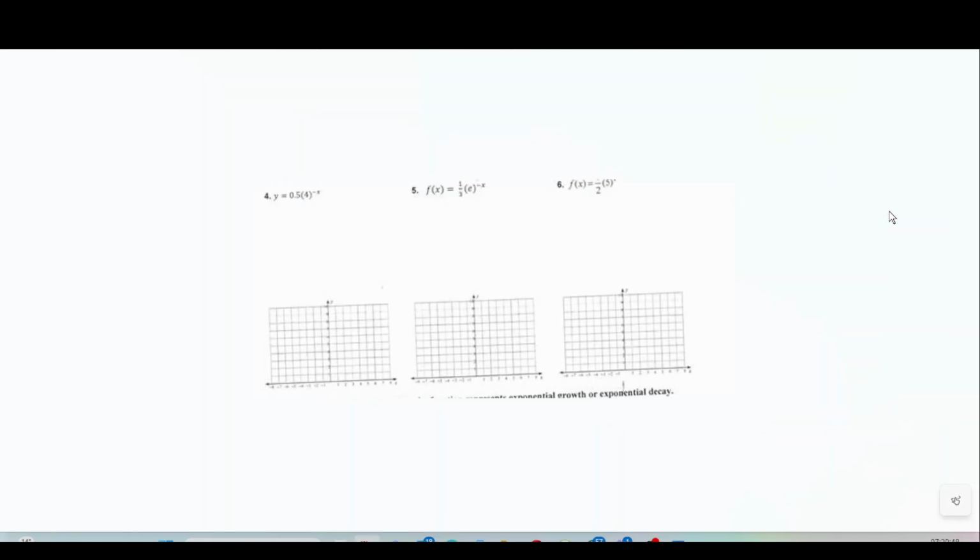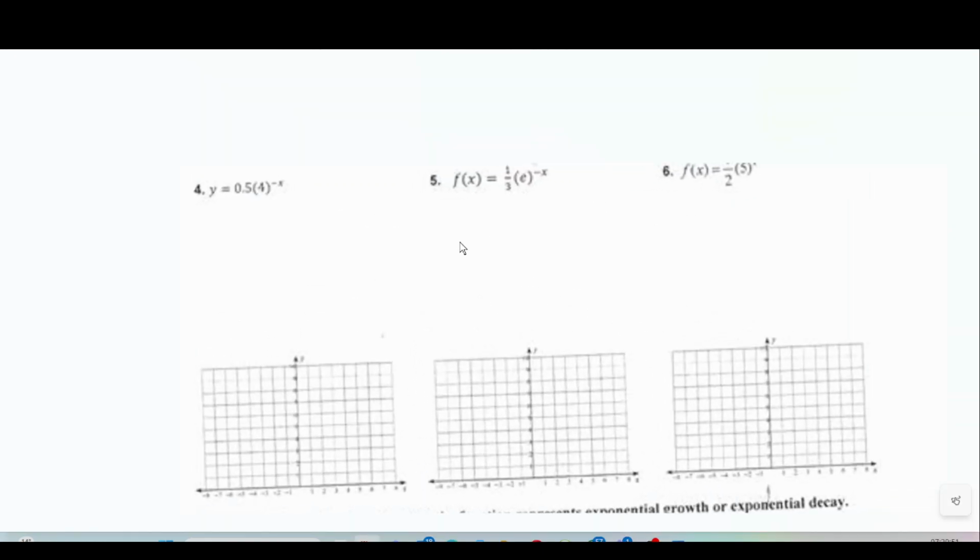So first I'd convert it and do 0.5 times 1/4 to the power of positive x. I'd plug in 0 as my x. Anything to the power of 0 other than 0 is equal to 1. So we get 1 times 0.5, and we get 0 comma 0.5. Knowing that, we don't really need to do anything else, right? Actually, no, I might have to. We're going to do negative 1. So we're going to do 1/4 to the power of negative 1,